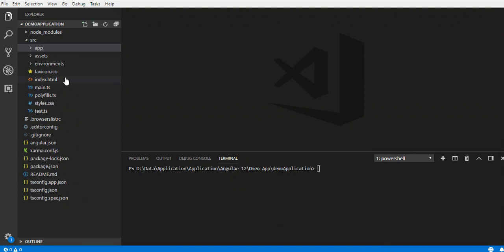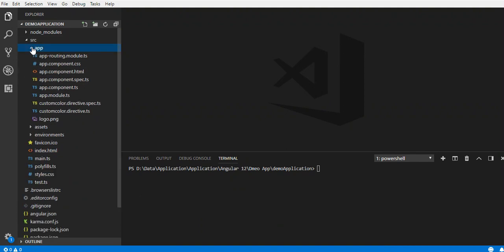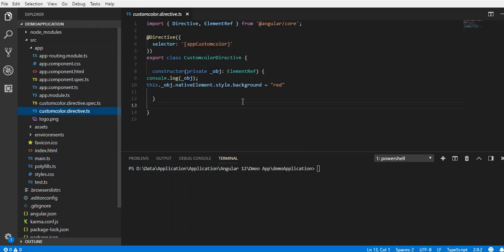So this is the default structure of an Angular 12 project. In the last tutorial, when I was explaining the attribute directive, I created one attribute directive, and that attribute directive was used on the button and div. So let me run this application and we'll see the result of what we had done in the last tutorial, and then we'll continue with HostListener and HostBinding, because attribute directive is also one of the important concepts in Angular. It will take hardly a few seconds.